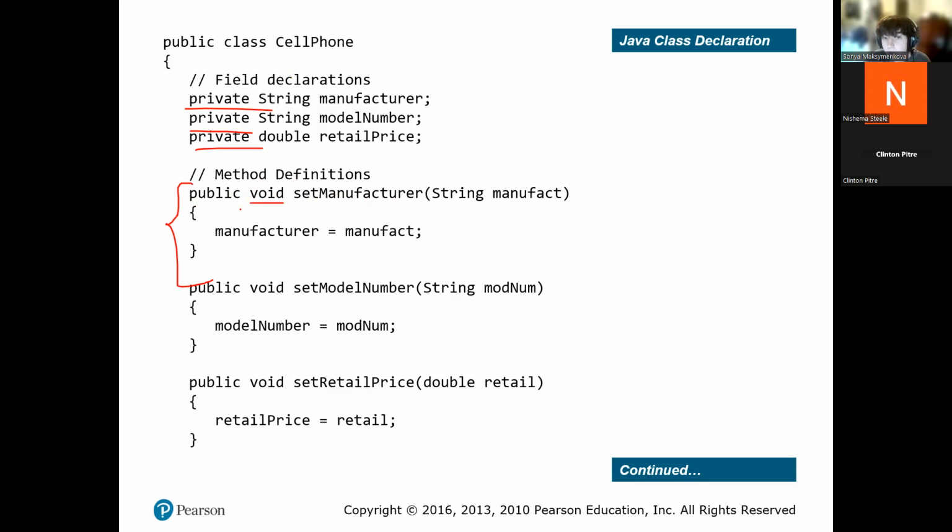So that's all that means, void. So our public method, void, so we are not returning anything. Then the name, setManufacturer, which means that we're going to set this variable to a certain value. And then what we want to pass: we want to pass a string because our manufacturer is a string. So we want to pass a value that is a string. And then what we do inside of this method, we just assign manufacturer to whatever value that we pass with